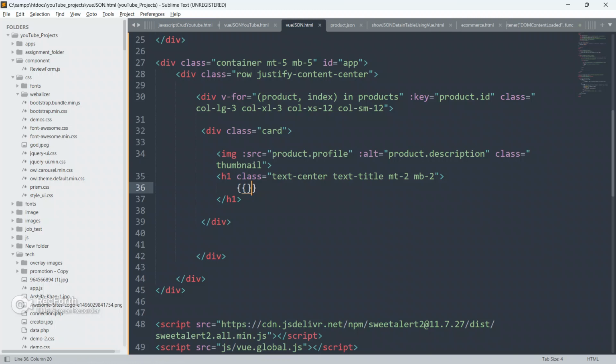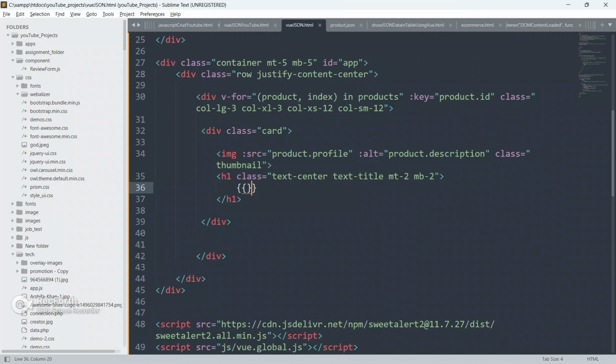Inside this h1, guys, I am going to put double curly braces, because you all know whenever you are working with Vue.js and you have to display some expressions, calculate something, or execute something, we have to put that code inside double curly braces.